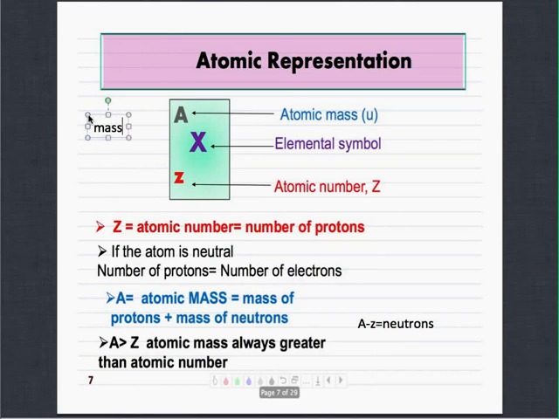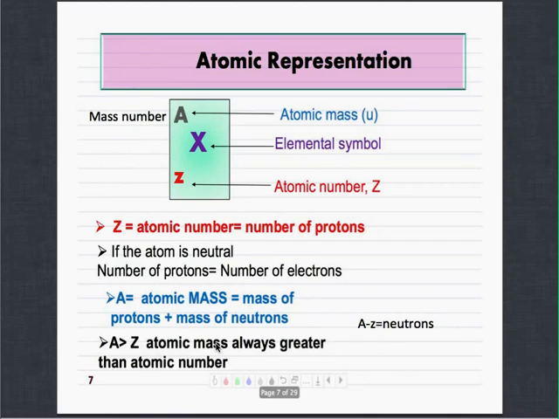So this is how you read whenever I give you a periodic table. I'm giving you a lot of information. I'm giving you the symbol, the atomic mass, and the number of protons. Okay? Now, in a neutral atom, like anything from this periodic table, and by neutral I mean that it isn't